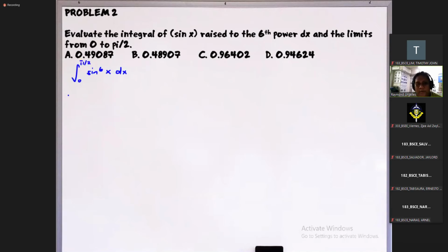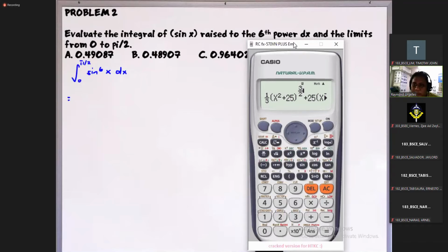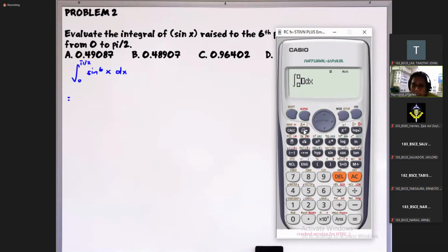So let's try to solve this first using the calculator. Kasi actually pwede nyo i-diretso sa calculator, although medyo annoying lang siya ng konti kasi medyo matagal siyang i-solve ng calculator. Make sure naka-radians mode kayo. Kung hindi man kayo naka-radians mode, gamitin nyo tong DRG function, tapos gamitin nyo tong R, para alam ng calculator na naka-radians yung sinosolve nyo. Kasi pag naka-degree yung calculator, madalas nagkakamali sa integration saka differentiation.